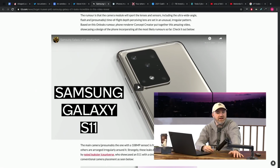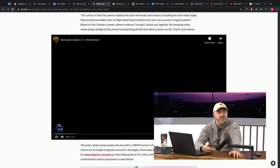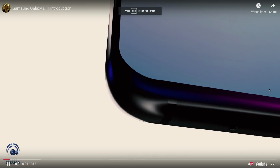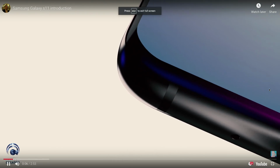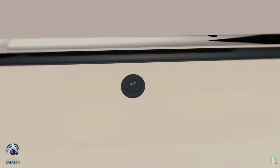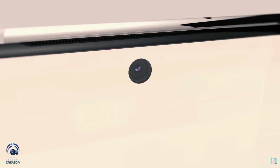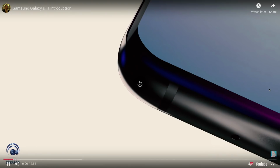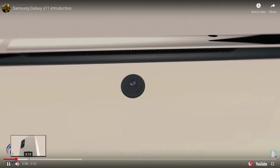He puts out these amazing videos in which he brings concepts to life, hence the name Concept Creator. And his latest target was the S11. And the S11, we have lots of good information about it, so it can be a close to accurate render as well. But he does a whole video concept, and the thing is spinning around, floating around. It's all very beautiful. Now, what he showcases here is an incredibly tiny front-facing camera in the hole punch variety,